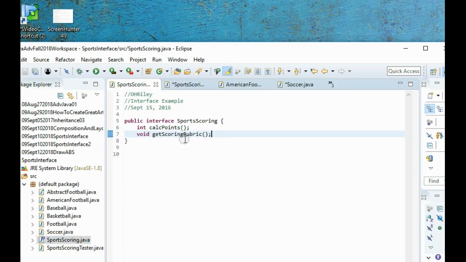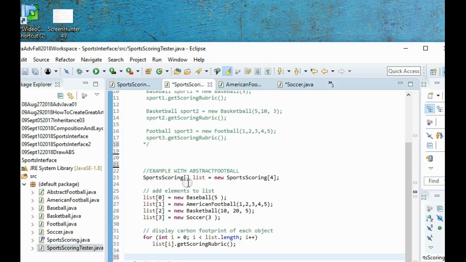We're creating an array of a sports scoring class. And that's okay to do with these abstract classes, because then what that allows us to do is create an array of that, and since a new baseball is a sports scoring, and American football does inherit from sports scoring, and basketball does inherit from sports scoring, as does soccer, as we saw in